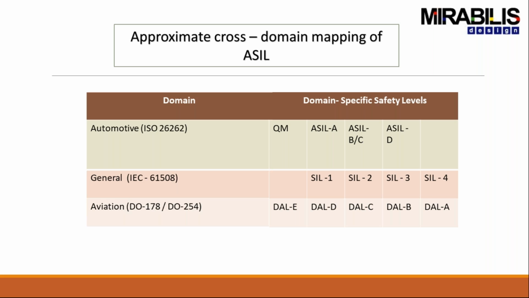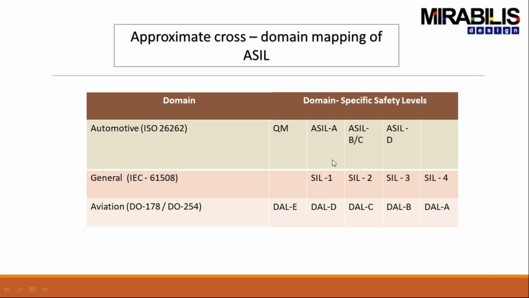Okay, this slide particularly maps the ASIL to different safety levels. Now, what is ASIL? It is a risk classification scheme defined by ISO 26262 for the functional safety of road vehicles. So here ASIL-D dictates the highest integrity requirement on the product, and ASIL-A is the lowest. So as we can see, we have automotive, general, and aviation, and how everything is mapped to each other's safety